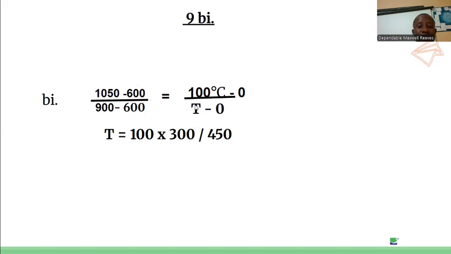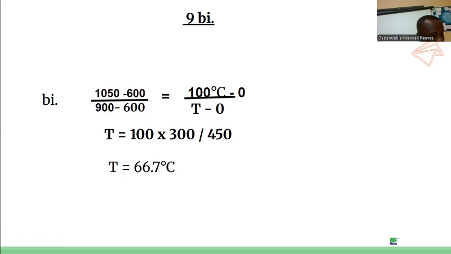450 times T, we get 450T. Dividing both sides by 450 because we want T to stand by itself. So multiplying 100 by 300, we have 30,000. So 30,000 divided by 450, we have 66.7 degrees Celsius. So this is the final answer to this question. So let us move to